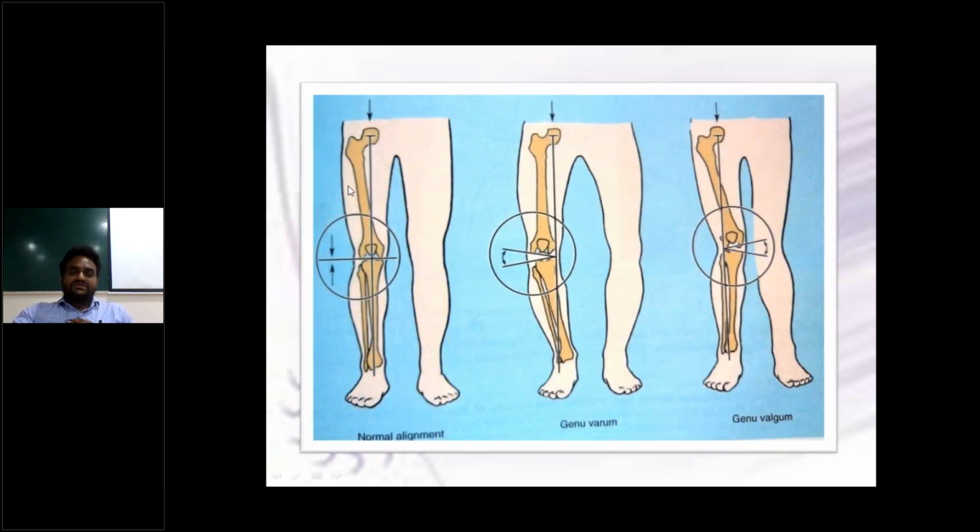Next, deformities. Okay, structural deformities. In the first picture, we can see the normal alignment of the knee joint. In the second picture, you see there is an angle on the lateral side. So this one is the genu varum. Then another deformity is a medial angle here. We can see this is the genu valgum. So these are the structural deformities of the knee joint. So genu varum is a lateral angle and genu valgum is a medial angle. We can see the two pictures. Usually we can find these structural deformities in some persons.